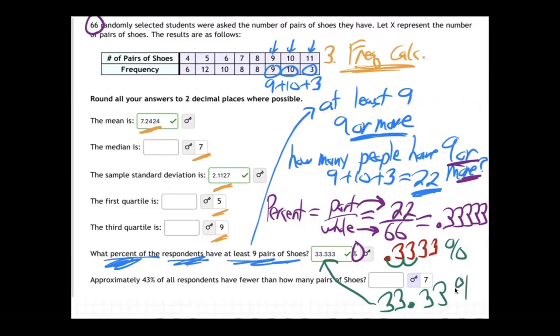Sorry. Okay, now the last question is the trickiest. So the last one right here: approximately 43% of the respondents have fewer than how many pairs of shoes? Yeah, that's tricky. Let's try that. So how are we going to do that? Well, 43% of all, in fact,